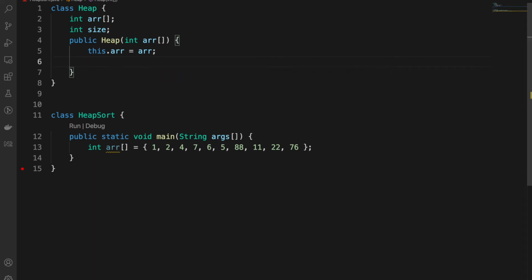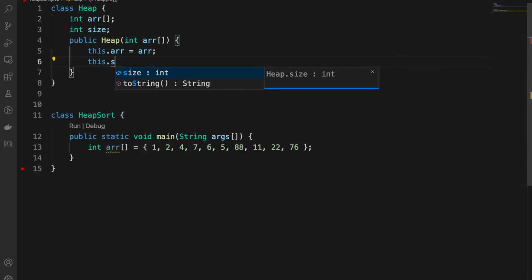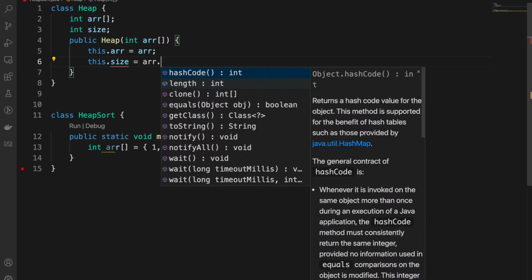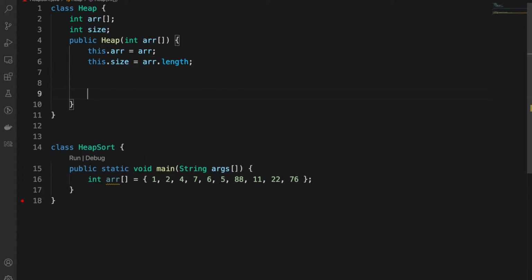And we don't have to actually use this.size because we don't have a local variable called size, but I'll just use it for completeness. Then after we have initialized the array, we have to call a function called buildHeap, which is going to convert this array into a heap. So we will call this.buildHeap,